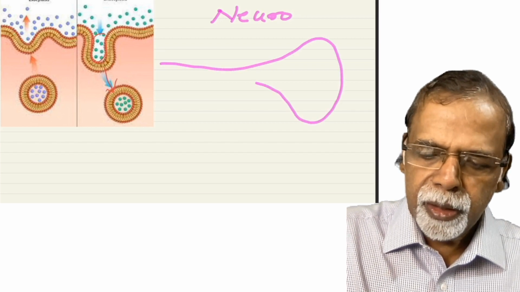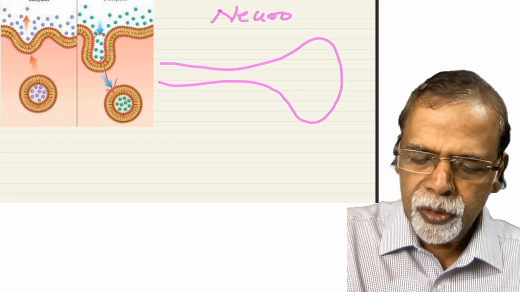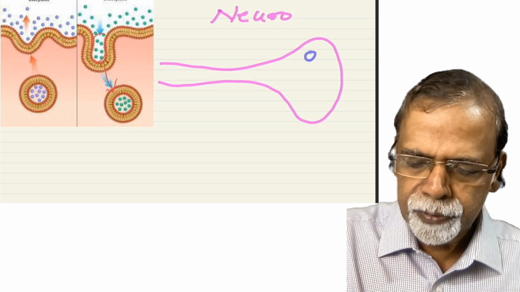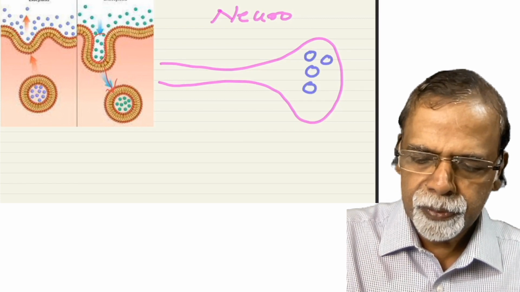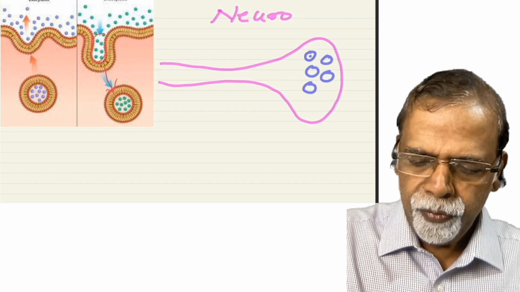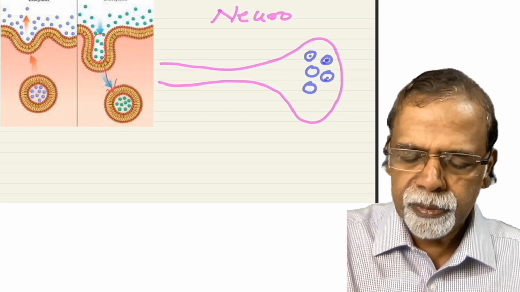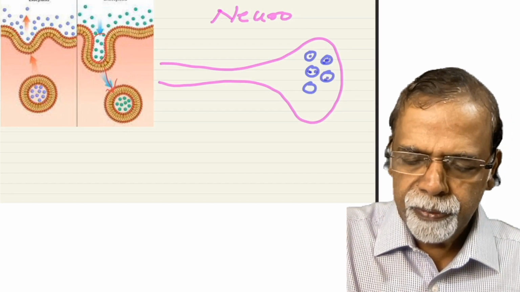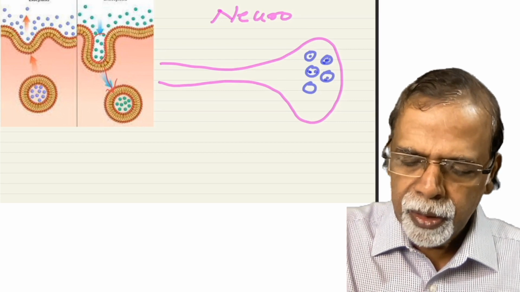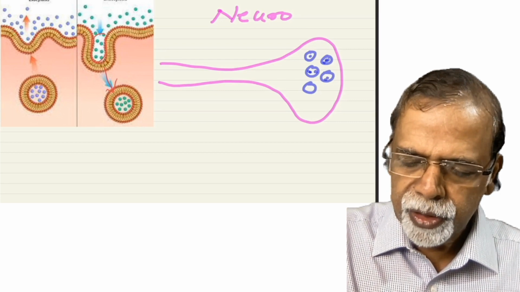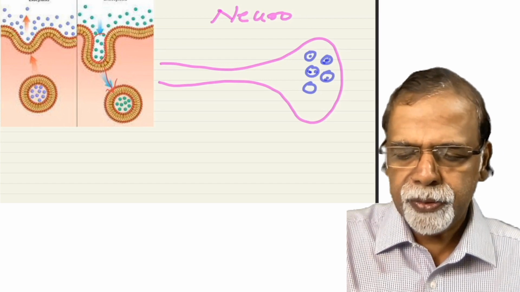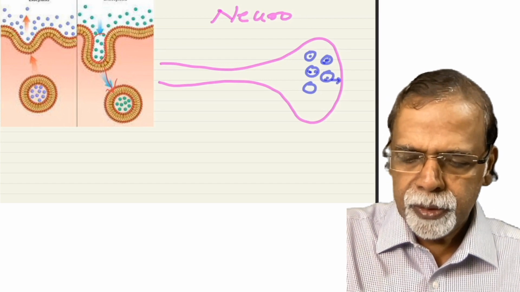So here in the nerve terminal, the neurotransmitters are stored as vesicles. When the action potential comes here, calcium enters, and this will produce movement of these vesicles towards the synapse. So this is the synapse,